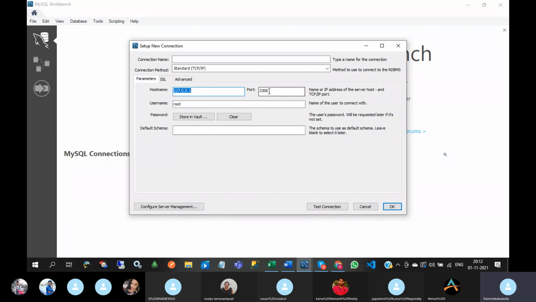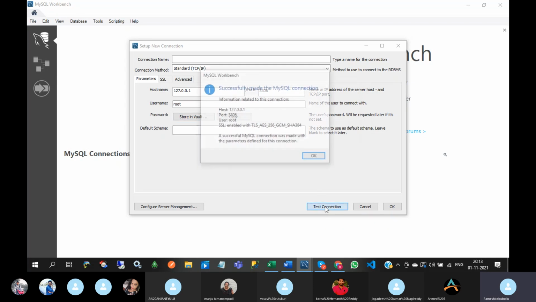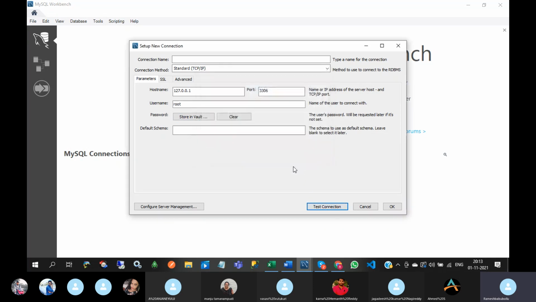This is the standard port, the default port, and if you know the username of the server or the username of the database, then you can give the database username also, and then you can give the password also. Okay, 2 3 4 5 6, and test it successfully.